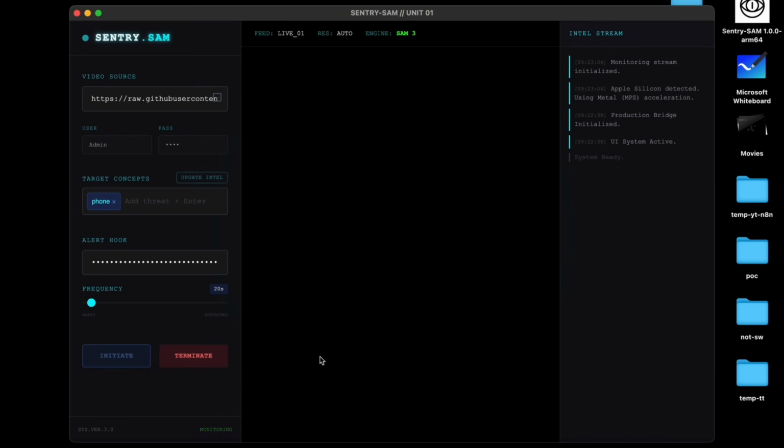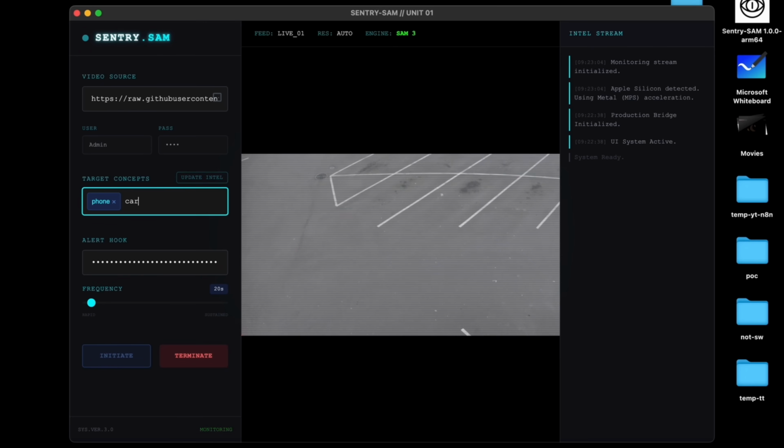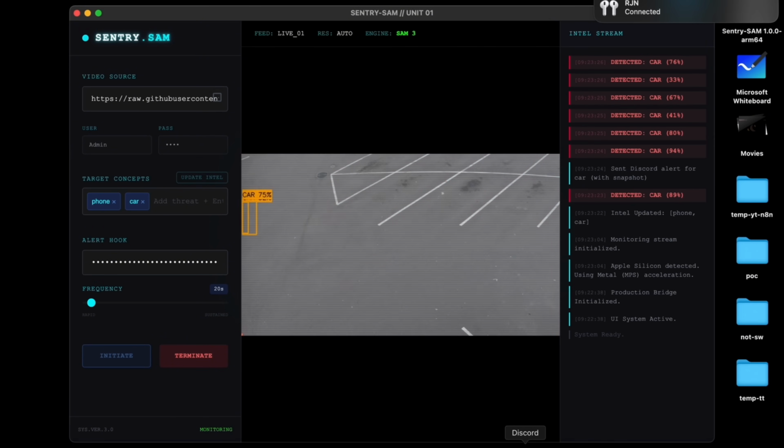So let's initiate this. As soon as I initiate, it connects to a webcam which is monitoring a parking lot. And right now it was supposed to detect a phone, but there is no phone. So let's introduce a car and click on this update intent. See, immediately you see